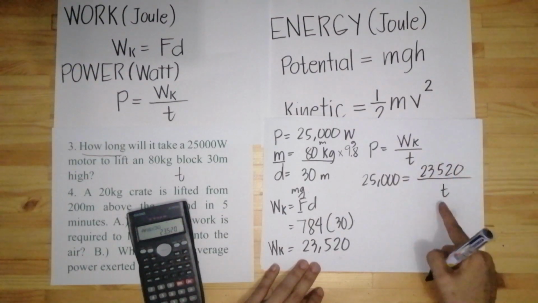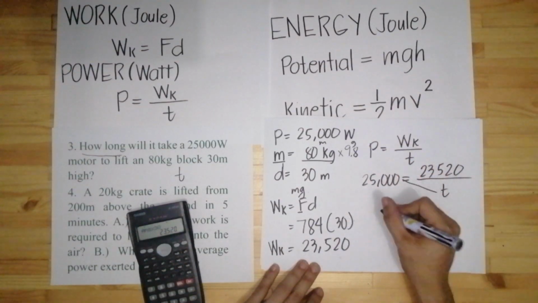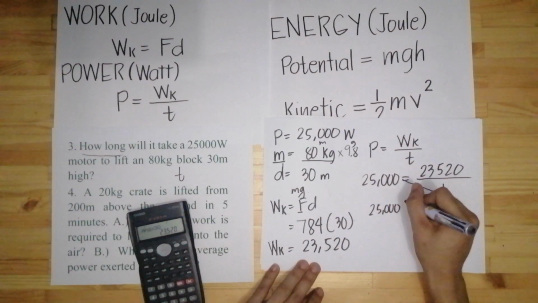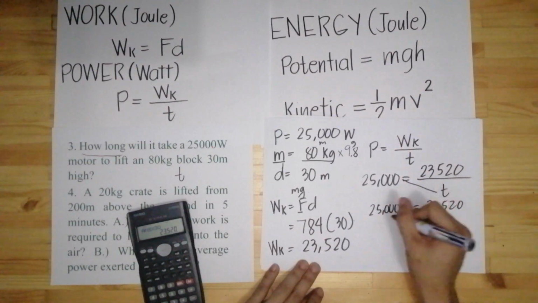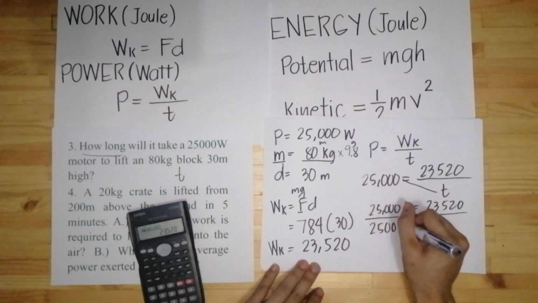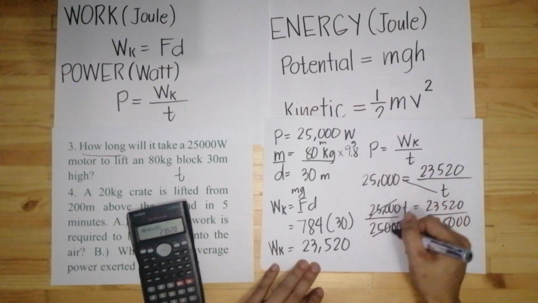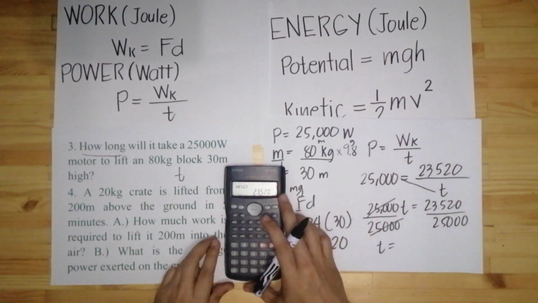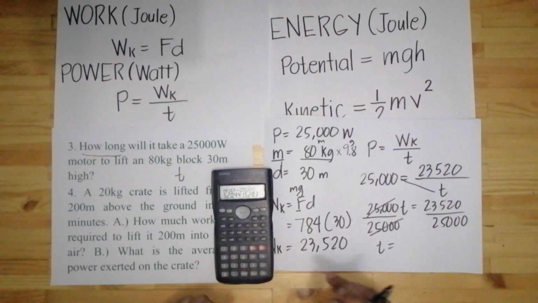over the time. Yan yung time na hinahanap. So, gawin lang natin, i-multiply lang natin, cross-multiply. So, magiging 25,000 tas T equals 23,520. Divide both sides dun sa katabi ng T para ma-isolate natin yung T. So, divide both sides by 25,000, cancel. Time is equal to the quotient of these two numbers. So, 23,520 divided by 25,000. That is equal to